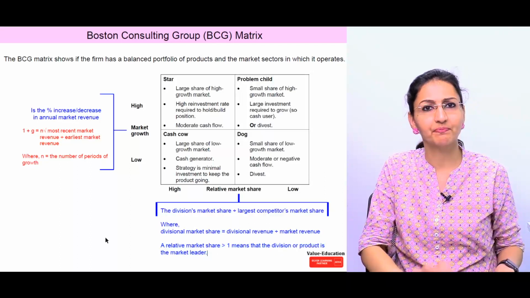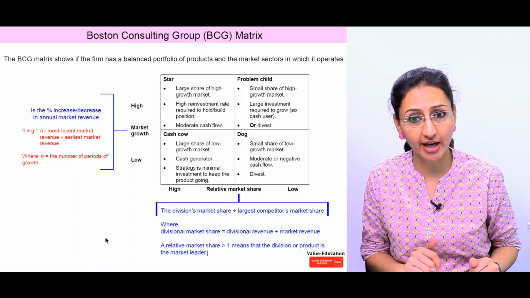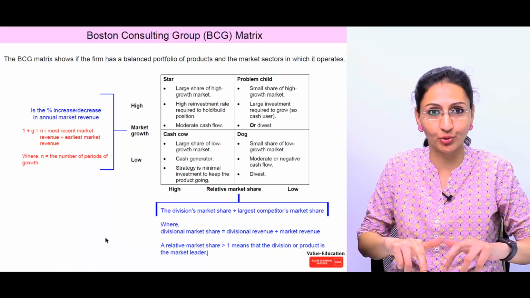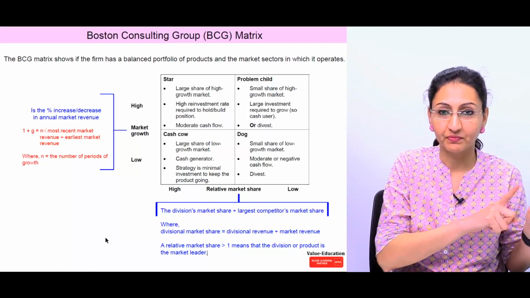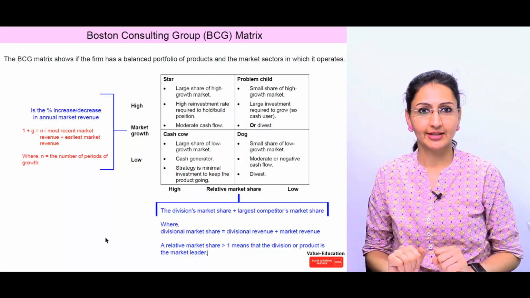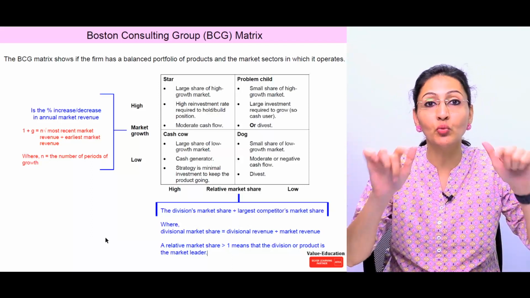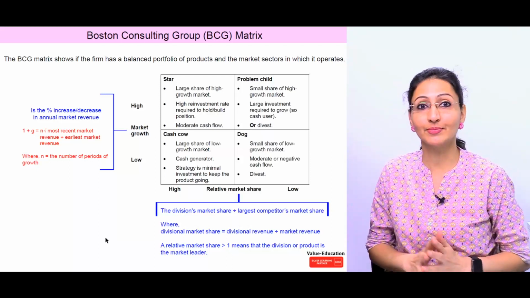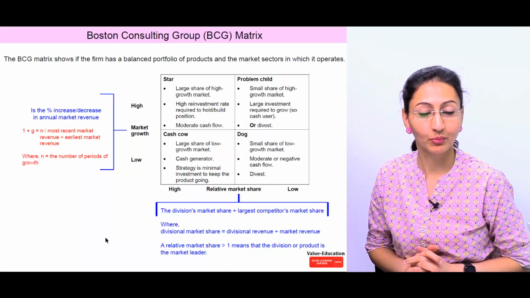This sentence: a relative market share which is more than 1. We here assumed that we are at 20, the competitor is at 80. So my relative market share came to 1/4, that is less than 1. Now what if it is more than 1? More than 1 means